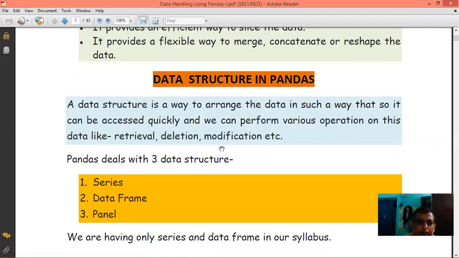In the same way, a data structure works. Pandas deals with three data structures: Series, second DataFrame, and third Panel. The third one is out of syllabus, so we will cover only Series and DataFrame.